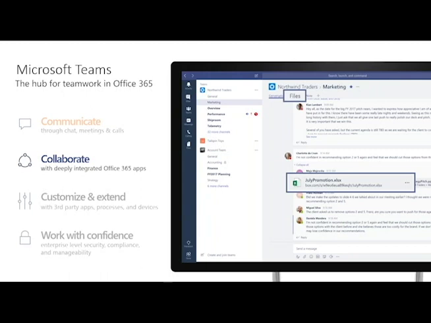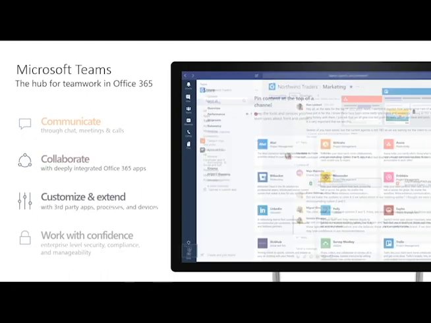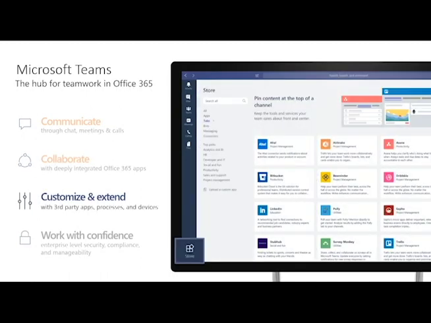Okay, so moving on to customize, many of the other services that you currently use with Office 365 result in having to jump between and spend time, and not only be the hub for Office 365, but for services and tools that you use on a day-to-day basis. So you have the ability to customize Teams with tabs and connectors and bots, such as Dropbox or GitHub or Trello.